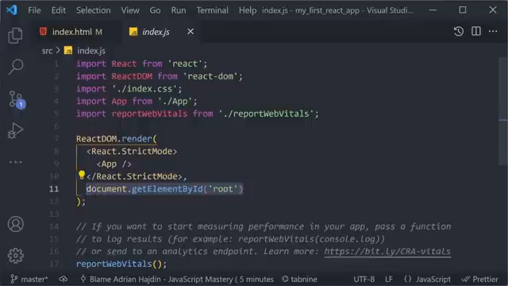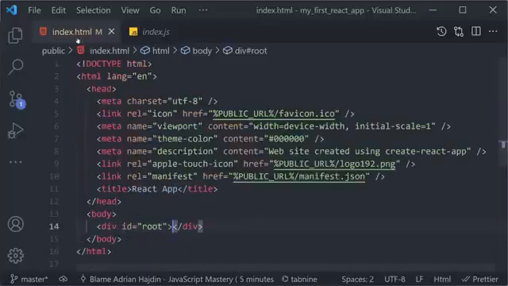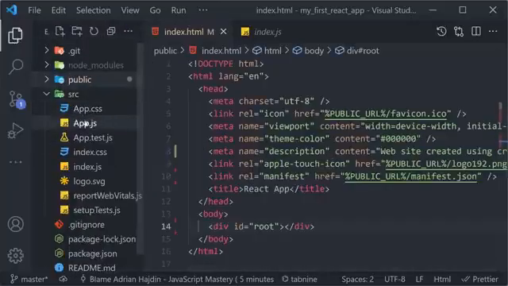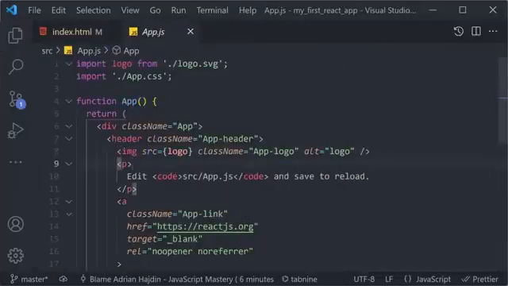This is how we're accessing the basic DOM. We target this div and we populate our entire React application and we inject it right here. That is the base premise of how React.js works. Now, if we go to Explorer, Source, and then App.js, you can see that we have a functional component, something